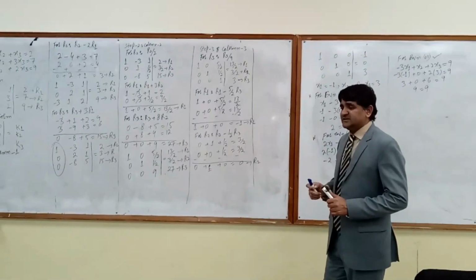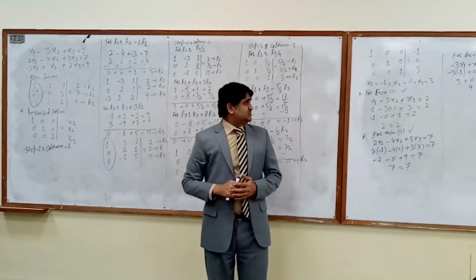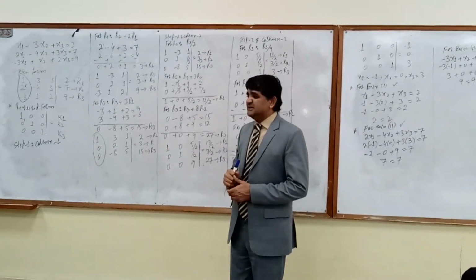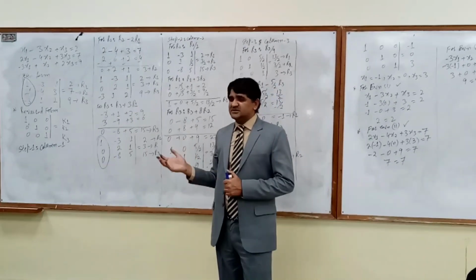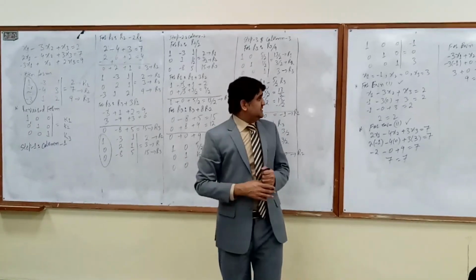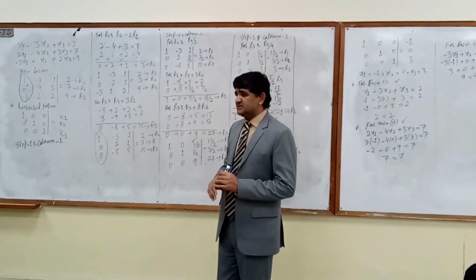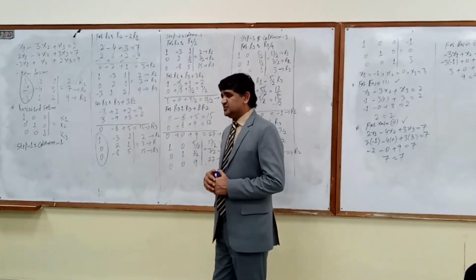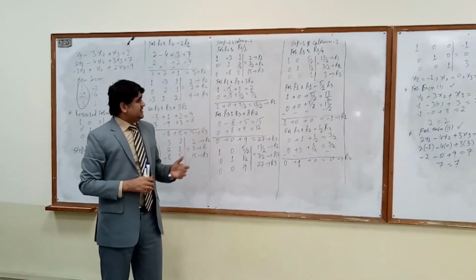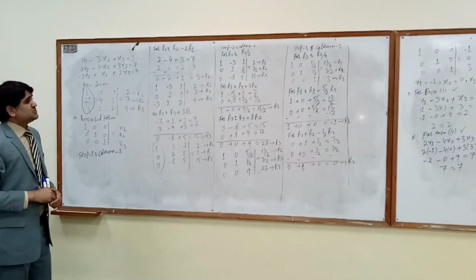Here we have a decision. How can we write the statement? The values of x1, x2 and x3 are satisfying the system of linear equations, so we can conclude that the system has a unique solution. Got the point, students? Yes, sir. So in this case, we have simplified question number 5, which has a unique solution.